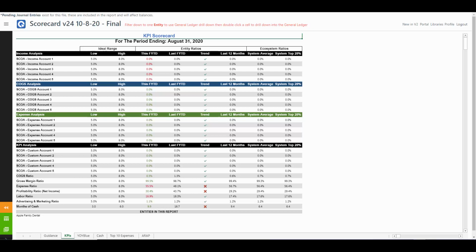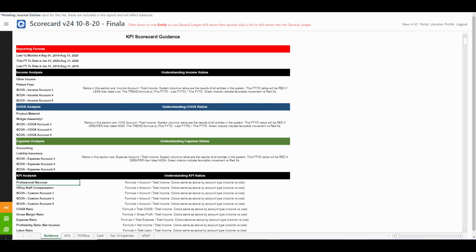The templates look very similar to an Excel worksheet with a plurality of tabs and each tab containing a KPI or a BI presentation of data. So the first tab in the scorecard is the guidance page, and I've made a few modifications here so you can see the types of things you can change and what you can change them to. The first thing we do is change the chart of accounts that we want to track,